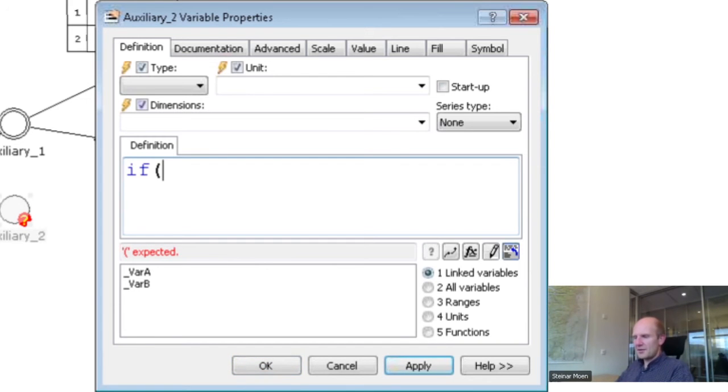I could say here that if my dim count, that's counting the number of dimensions, because I want this submodel created from the component to handle any kind of dimension combination, for instance. So I say dimension count of the A input. If that one equals 0,